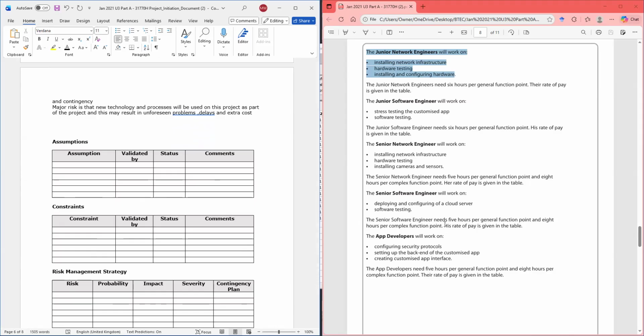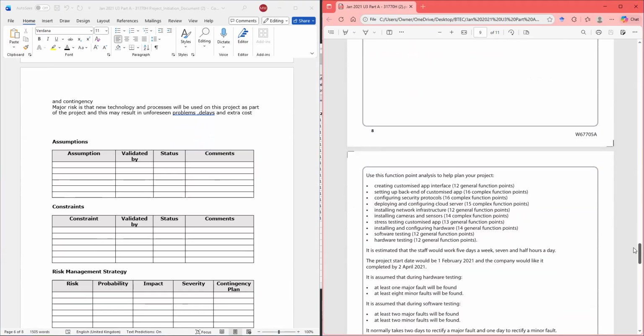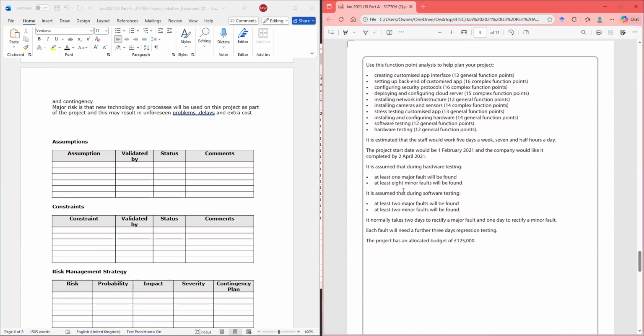One of my things that I do for assumption is I would go down to the last bit on the page, or anywhere they have the time and the faults and the budget regression testing. That's my first choice for assumptions, because one of the things it does say is assumed. All right. So we can use these as assumptions.